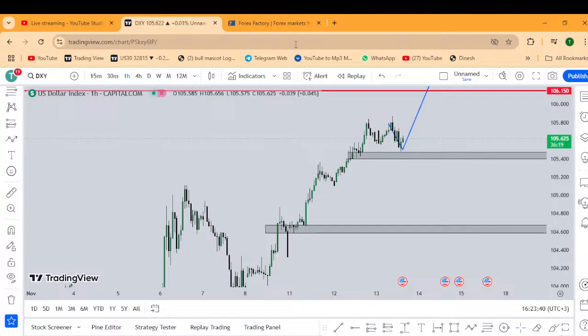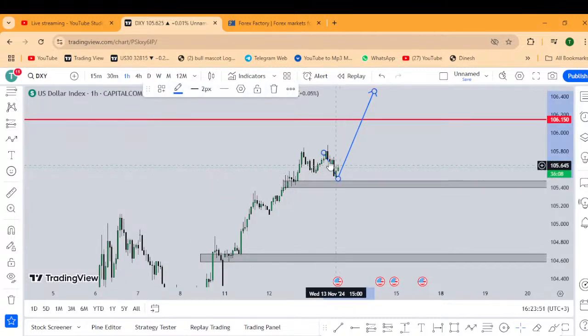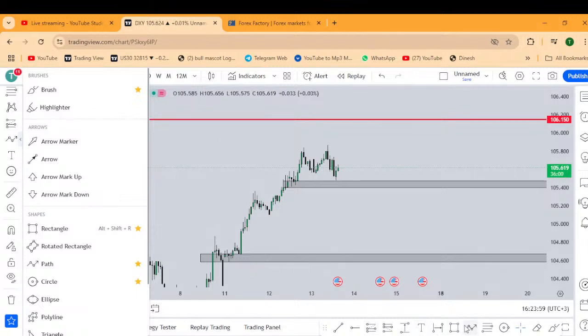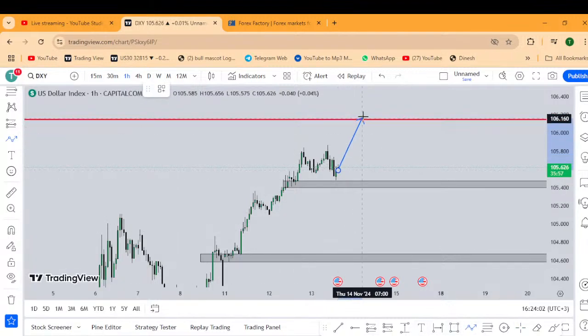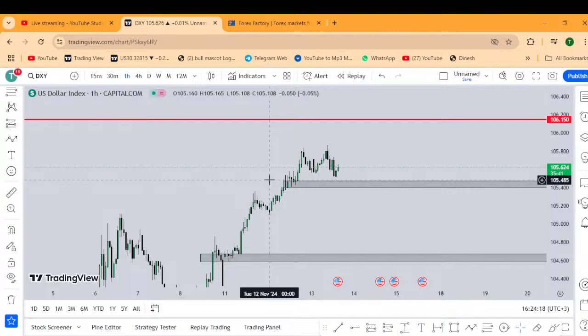But we have also come to the technical analysis. We have made our analysis. We have seen that we have two zones. The market is more likely, because technically we are seeing that this zone has been respected. So technically we are more likely to see the dollar gaining, continuing with its strength, proceeding from this zone up to that area, to rest from that area. Also, there is a possibility of the market breaking through, retesting this area and also proceeding with sales. That's the technical analysis of the dollar.